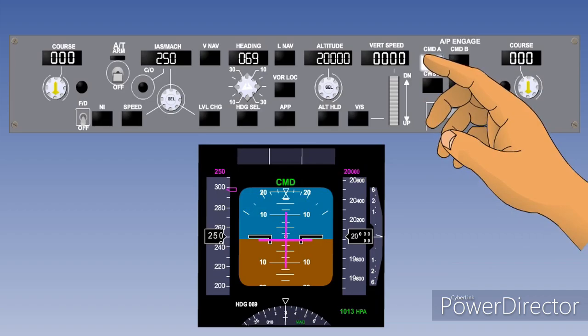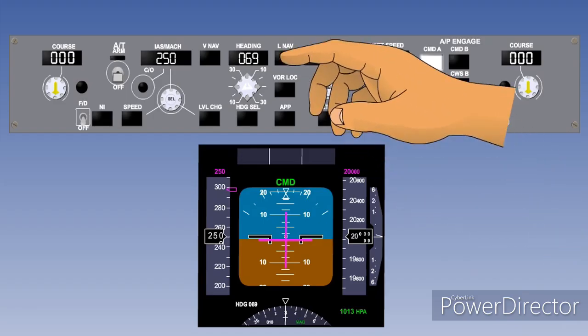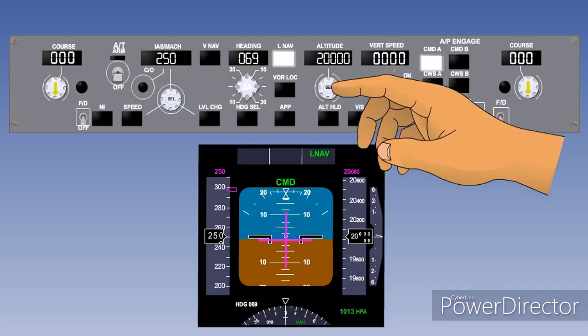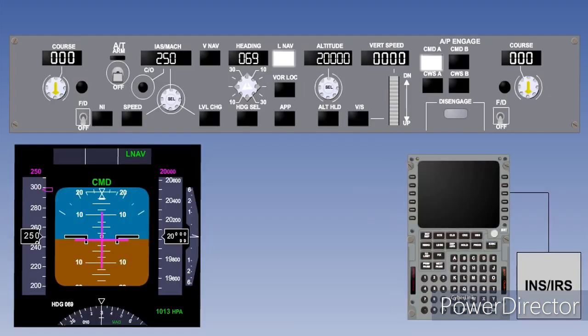After takeoff, when the autopilot is engaged, the lateral navigation button can be pressed to engage lateral navigation mode. This will cause the autopilot to fly the aircraft sequentially through the active route series of waypoints. To navigate the aircraft, the flight management system needs the support of an inertial navigation or inertial